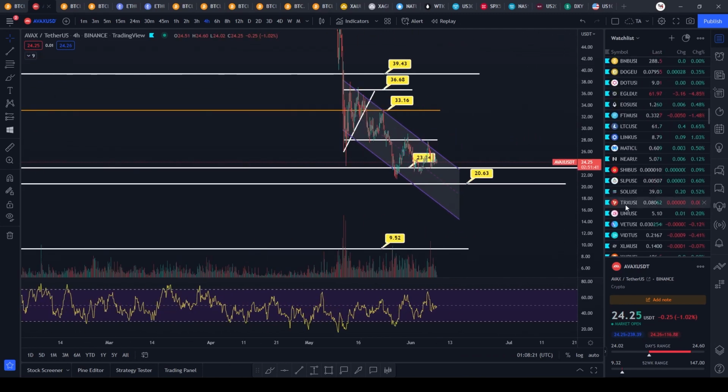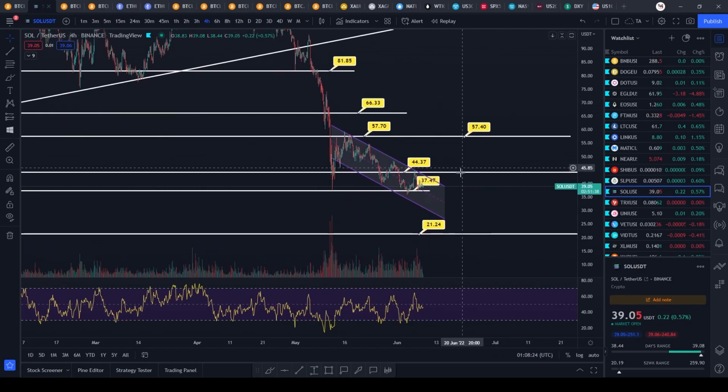We can take a look at Solana as well, a down sloping channel, which is a bullish